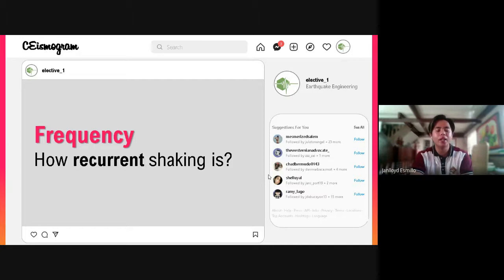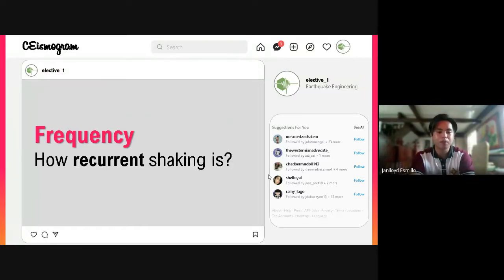When we say recurrent, gaano kadalas inuulit, gaano nangyayari. So in any aspect, whether in science, mathematics, frequency means gaano kadalas, di ba? It deals with time. It is relative with time. So that is frequency. And vibration deals with frequency. Kung gaano ba kadalas nangyayari ang isang shaking or